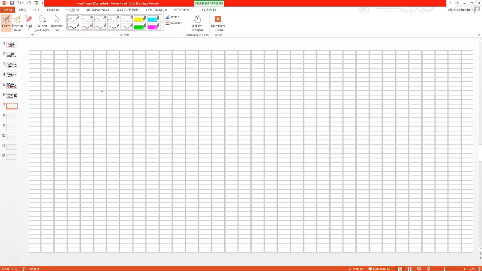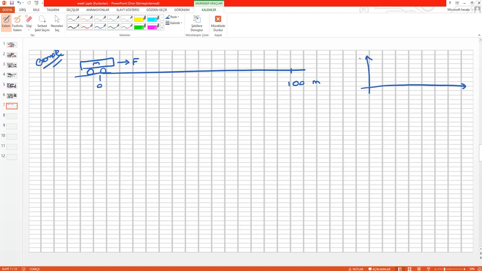The question from your friends is how can we select the current or any input values for a system? In a simple case, we can build the car example here. If you have a car like this one, and you apply the f value, this is maybe 100 meters and 0 meters, and our objective is to drive the x to